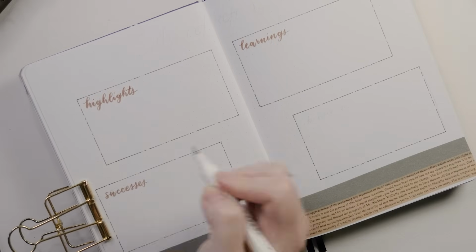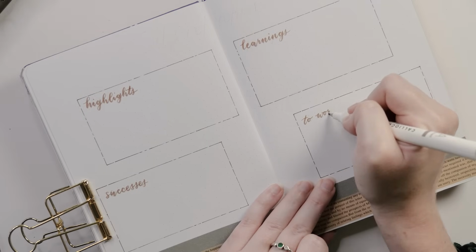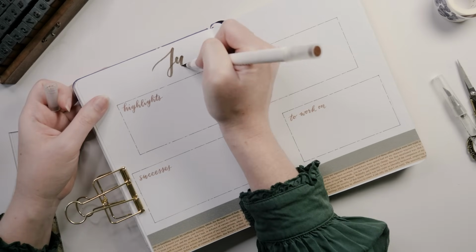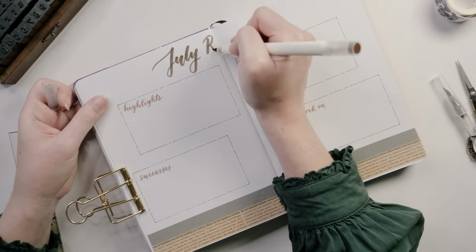I'm giving each box a heading to relate to what should go in that box that you are reflecting on. We've got highlights, learnings, successes, and to work on. So this spread is intended as a way to celebrate your achievements for the month, remember anything that's really exciting